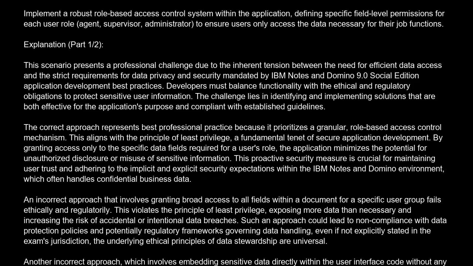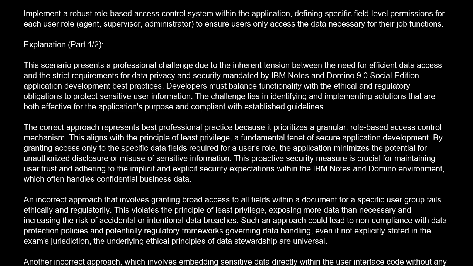The correct answer is B. Implement a robust role-based access control system within the application, defining specific field-level permissions for each user role, agent, supervisor, administrator, to ensure users only access the data necessary for their job functions. Explanation. This scenario presents a professional challenge due to the inherent tension between the need for efficient data access and